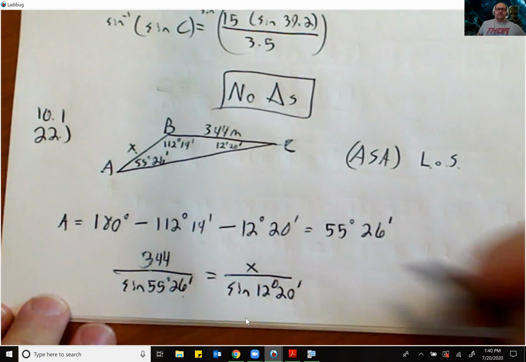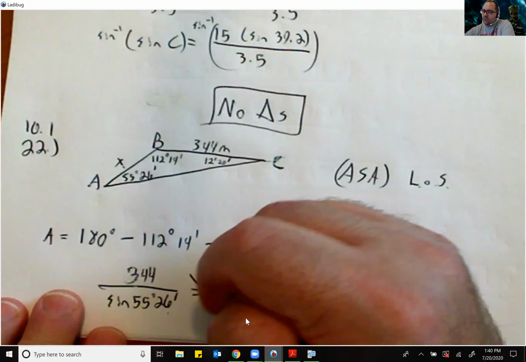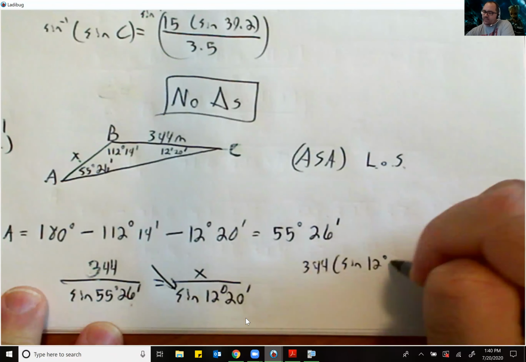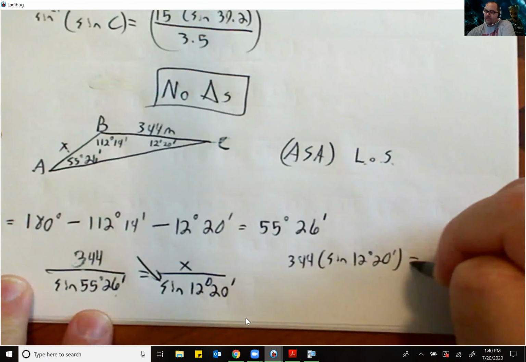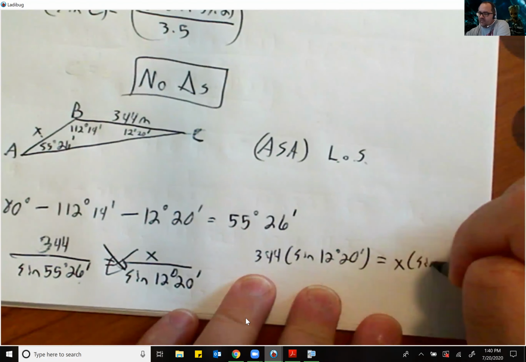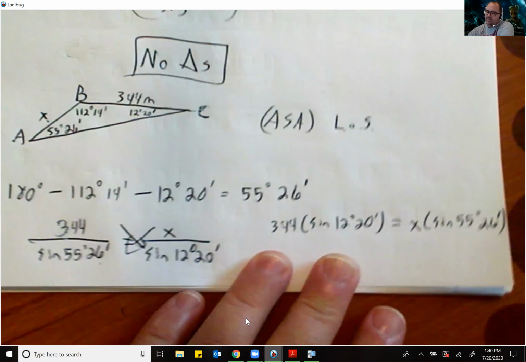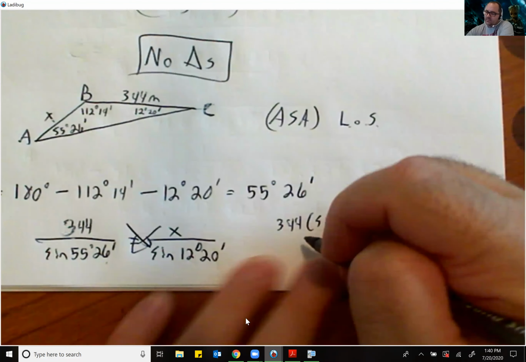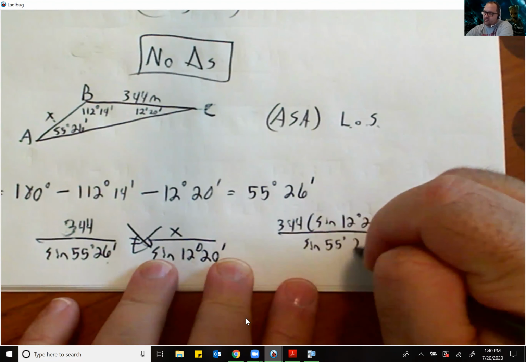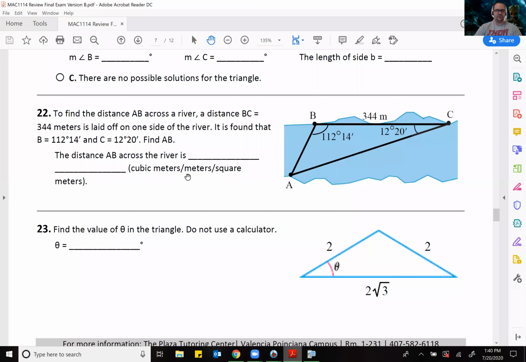So again, all you're going to do is cross multiply and solve for x. So when we cross multiply, we get 344 times sine 12 degrees, 20 minutes equal to x times sine 55 degrees, 26 minutes. To get x by itself, divide by sine 55 degrees, 26 minutes. And x is equal to,